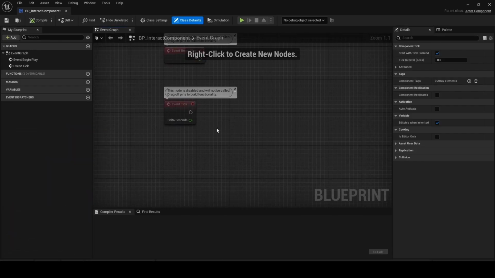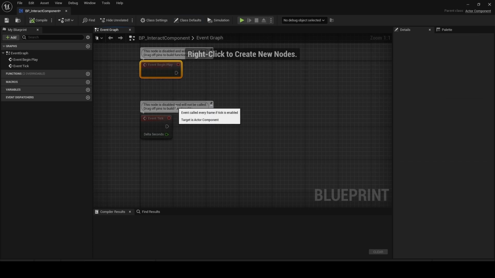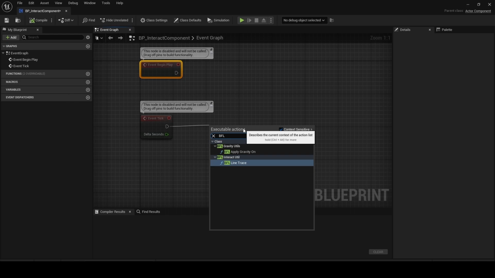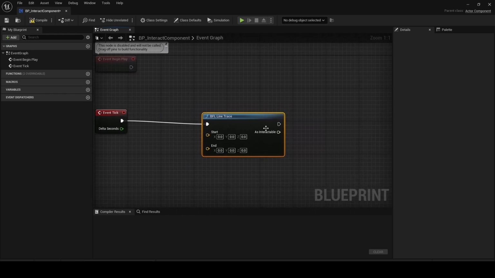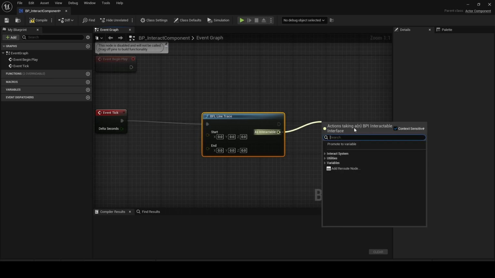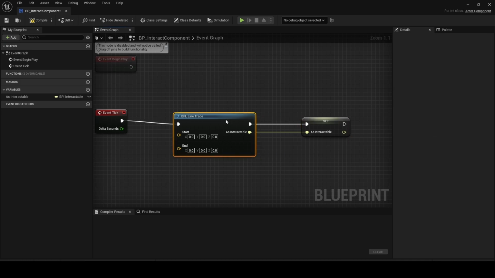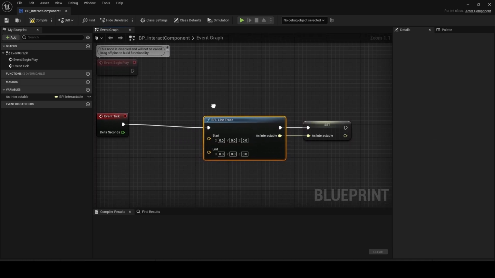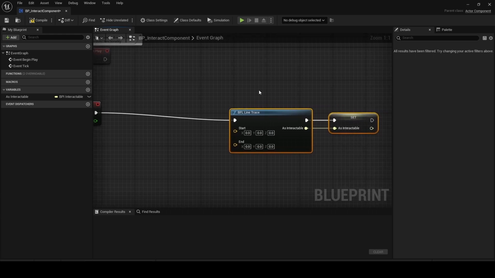Basically, off of the tick, let's do the BFL line trace here. And then promote this to the variable as interactable. Okay. And then from our start and end point,